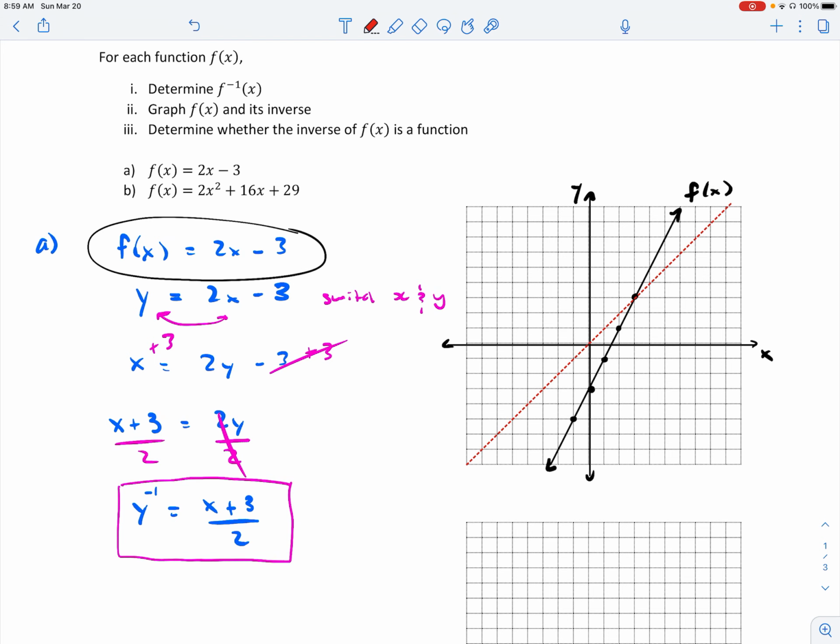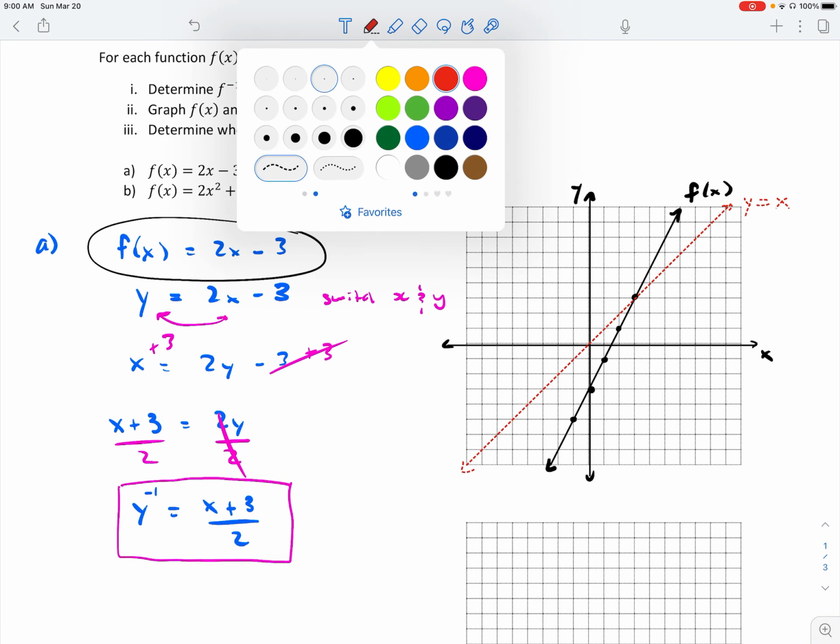So if you remember from the PowerPoint video, we had showed this. This is always the line of reflection, y equals x. So that's kind of like if I take my sheet of paper and fold it along that red dotted line, the points would map over to the other side of the line. All right, let's go back to